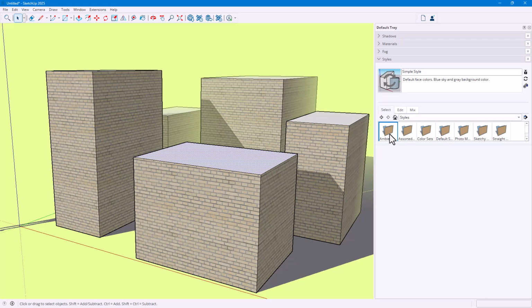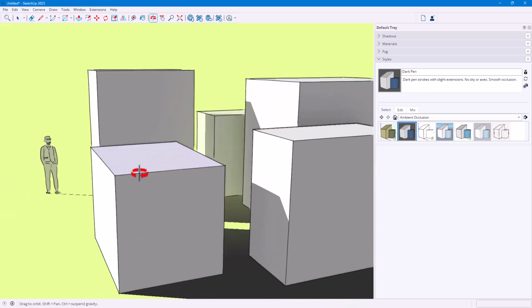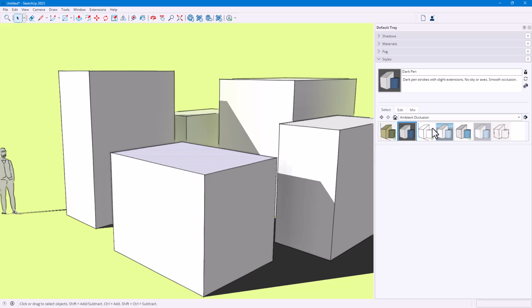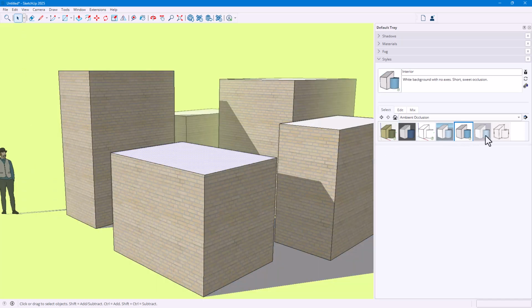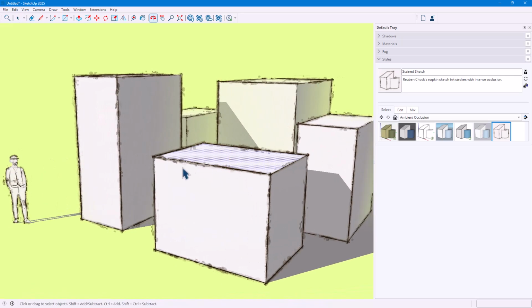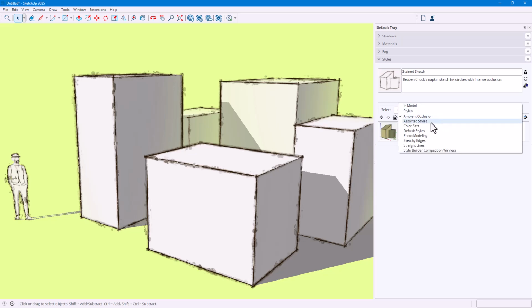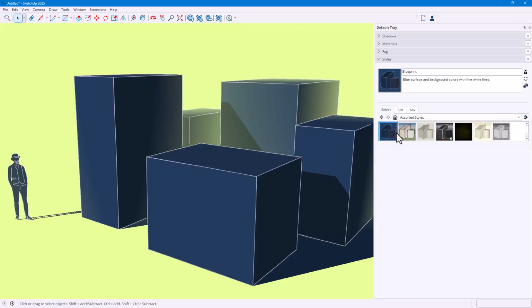If I were to go over here, you can see that under Ambient, you can see Ambient Occlusion, there are different styles. All you need to do is click, and then you simply have different styles applied right here. So you can go for this one, or this one, or this one. You even get a sketch-like style, as you can see right here, which is great for presentations. So you can go onto Assorted Styles as well,